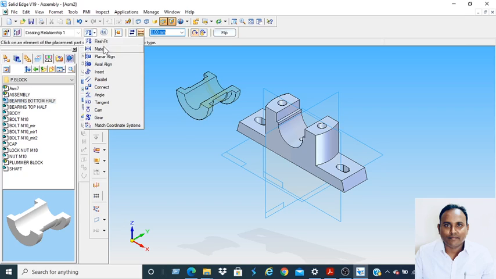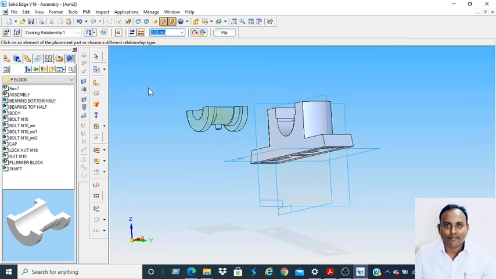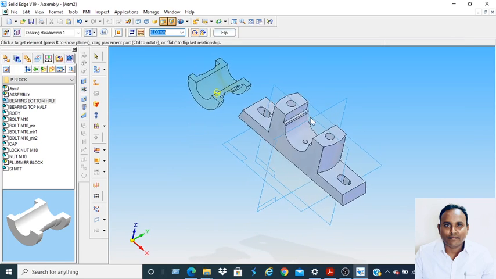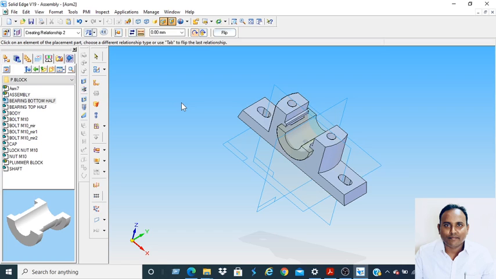You can use assembly commands like flush fit, mate, planar align, axial align, insert. But here we can complete this plumber block assembly by using flush fit. Okay, select the flush fit. Here align this one, axial align of this one, the axial align of this one. See here the mouse symbol, right click, you can select this one.